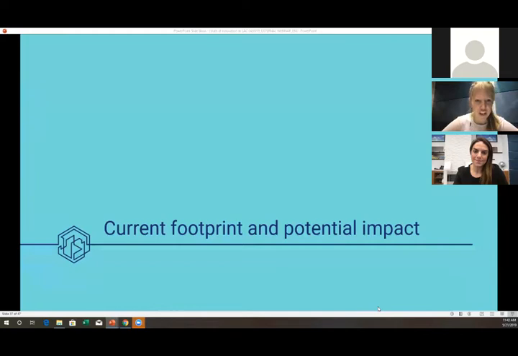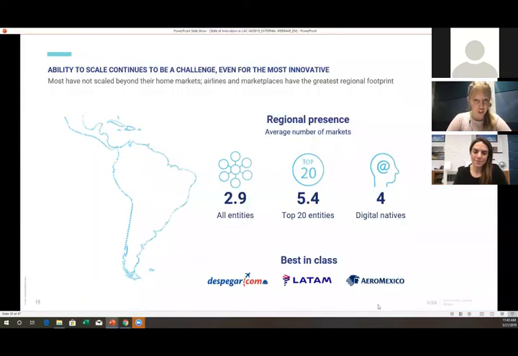Okay, so we have made it to our fourth and final pillar, current footprint and ability to scale. What we're trying to measure here is how big of an impact our participants have on the wider payments ecosystem. And what we saw was that companies across the region generally have difficulty scaling across borders. This makes sense. It's difficult to export your business to another country because of regulation, the difficulty of integrating with the banking systems, and especially if you're a brick and mortar company, acquiring or setting up infrastructure is exceedingly difficult